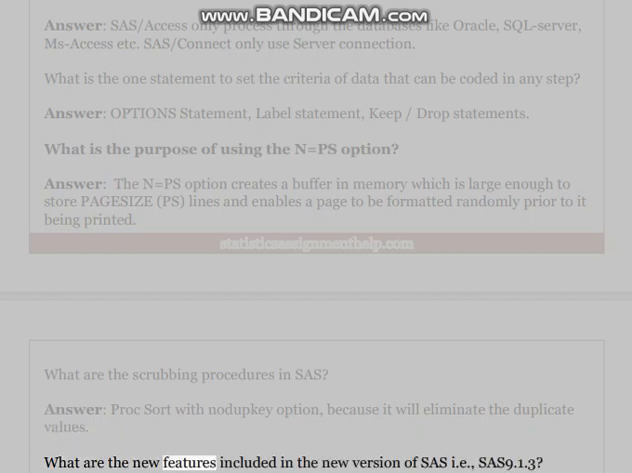What are the new features included in the new version of SAS, i.e., SAS 9.1.3? Answer: the main advantage of version 9 is